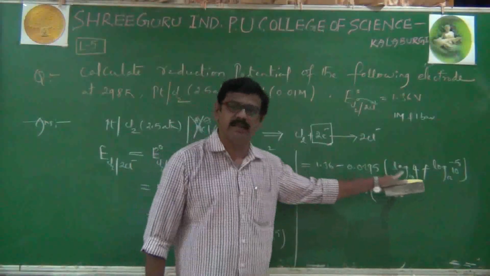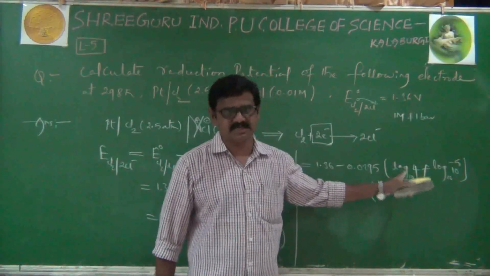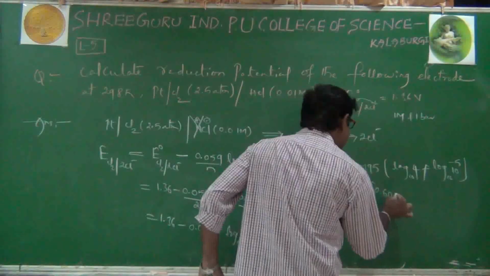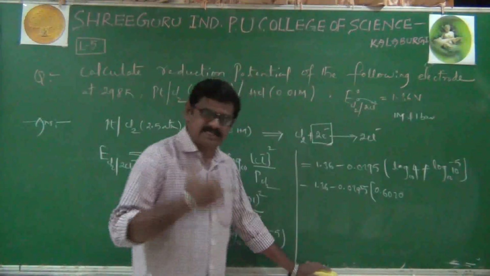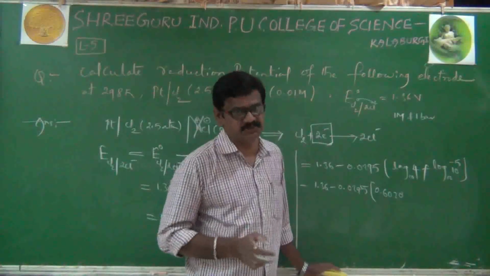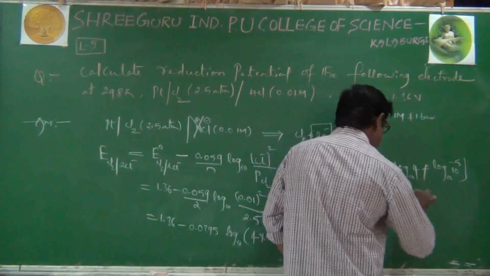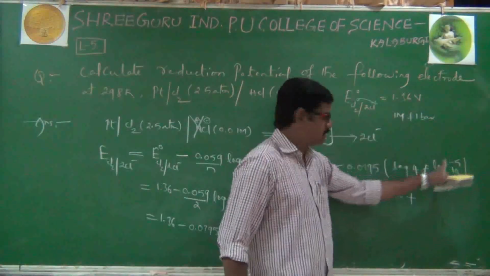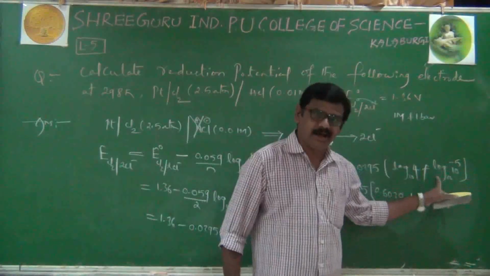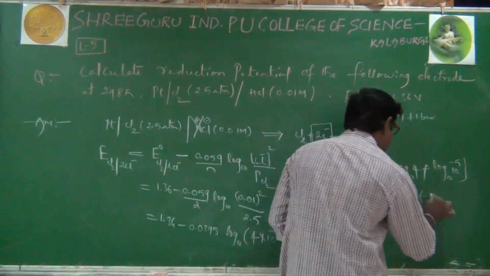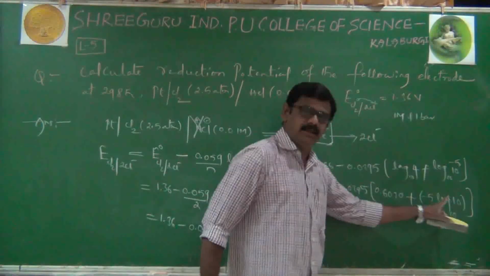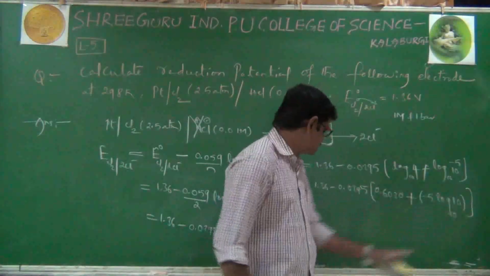How to see log values? Already we have learned in first year equilibrium lesson clearly. Log 4 value is 0.6020. While solving Nernst equation problems, please keep logarithm papers ready with you. Okay? And here plus log m to the power of n. Log m to the power of n, we have to use one more formula, that is n log m. Here n value how much? Minus 5. Log base 10 m. N log m. That's all.